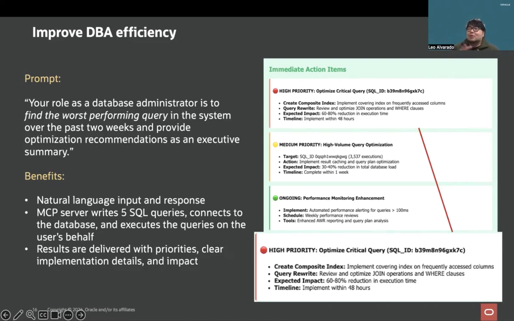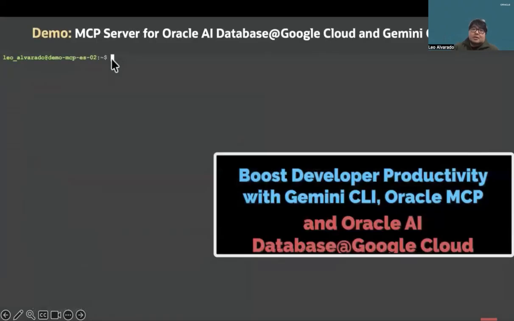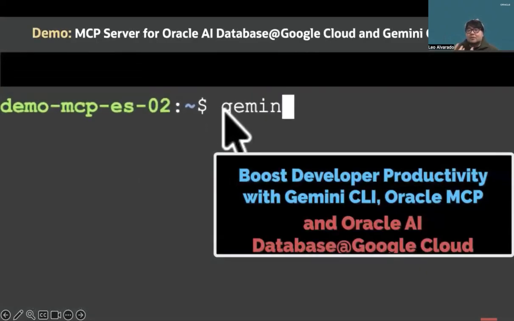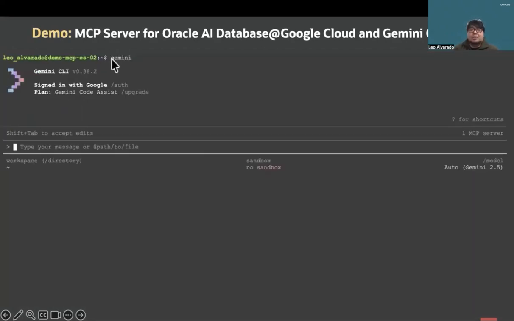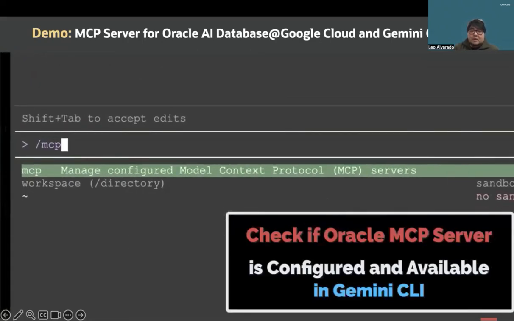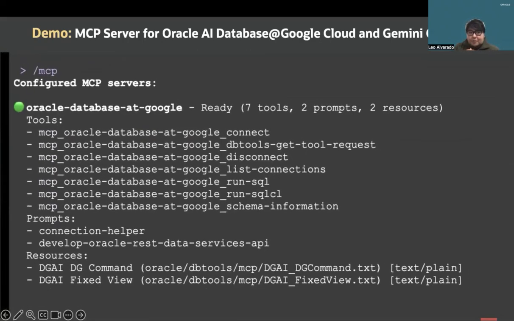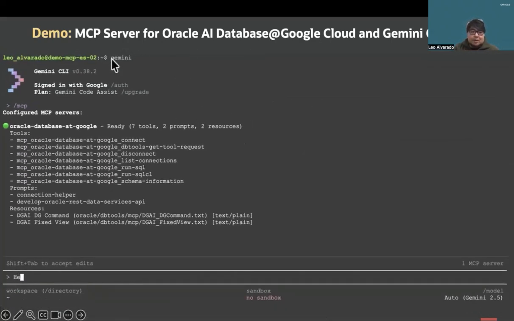So here's just a sample on how MCP server can help you reduce manual work. In this demo, I have configured an MCP server connected to my Exadata database service running on GCP. And once I've configured the MCP server, I'm now ready to just ask questions and discover what's inside my